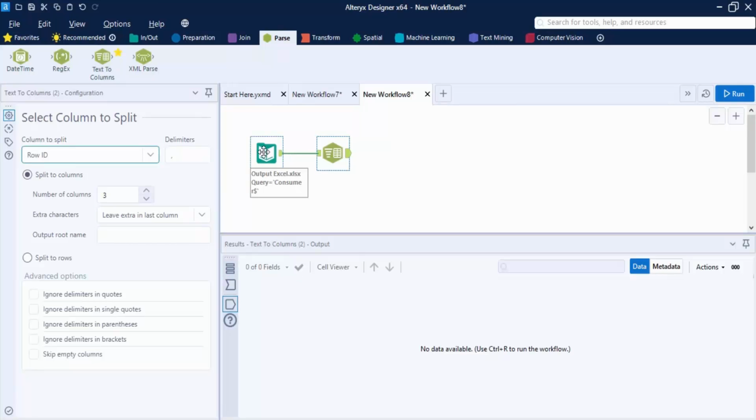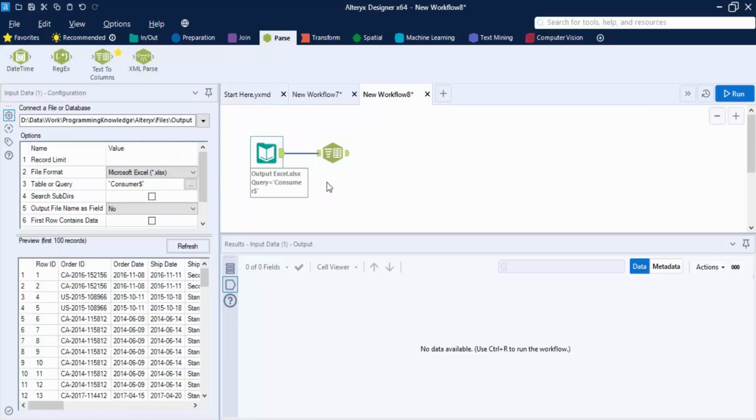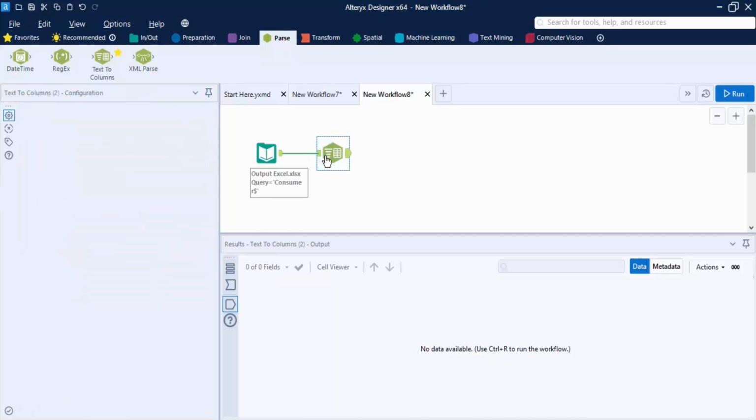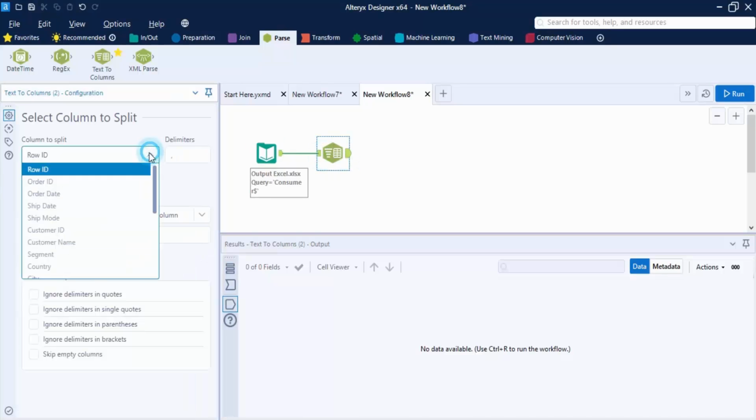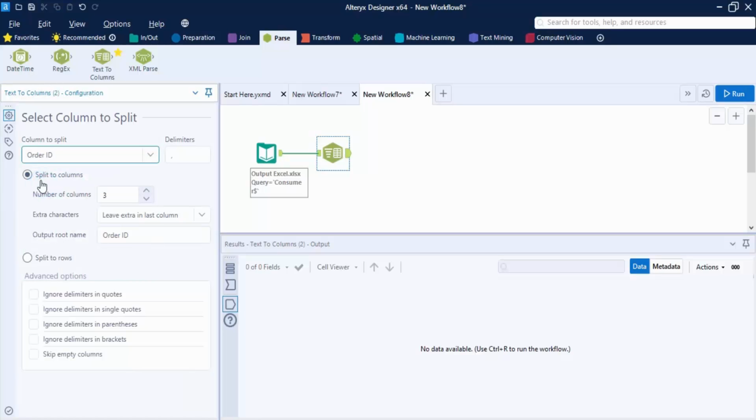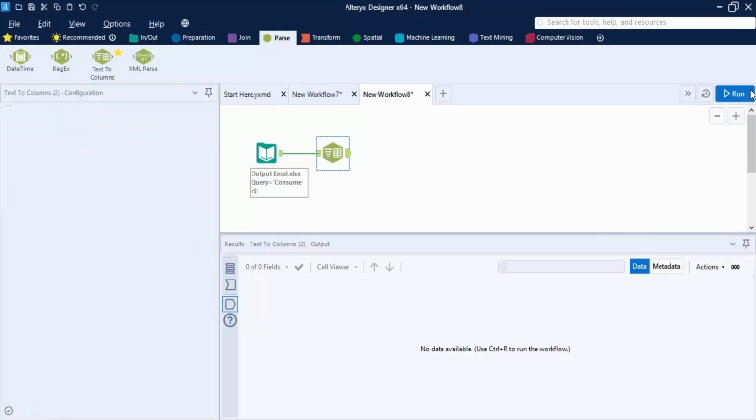So it would give me the freedom to just split the columns. Like we have the order id column in which hyphen can act as a delimiter. So I want to split this column. So let's just go to this tool, select order id column, the delimiter specified needs to be hyphen. The number of columns that needs to be created is 3, and if there are any extra columns then leave it in the last column, and the output root name is going to be order id, right? Let's just click on run,